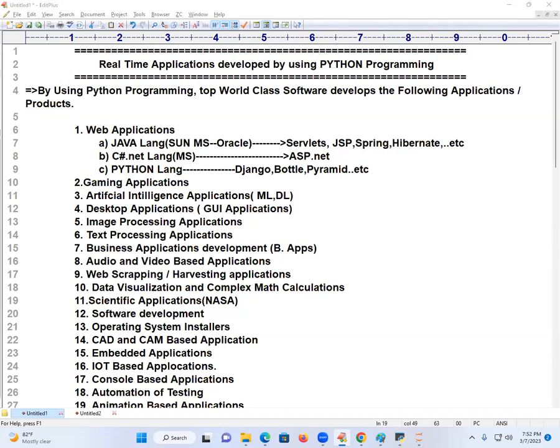So without having earlier Python development and all, how will they get the experience? Correct or not? They will look into only one thing, whether they are able to write good coding or not. They will test your coding standards before taking.